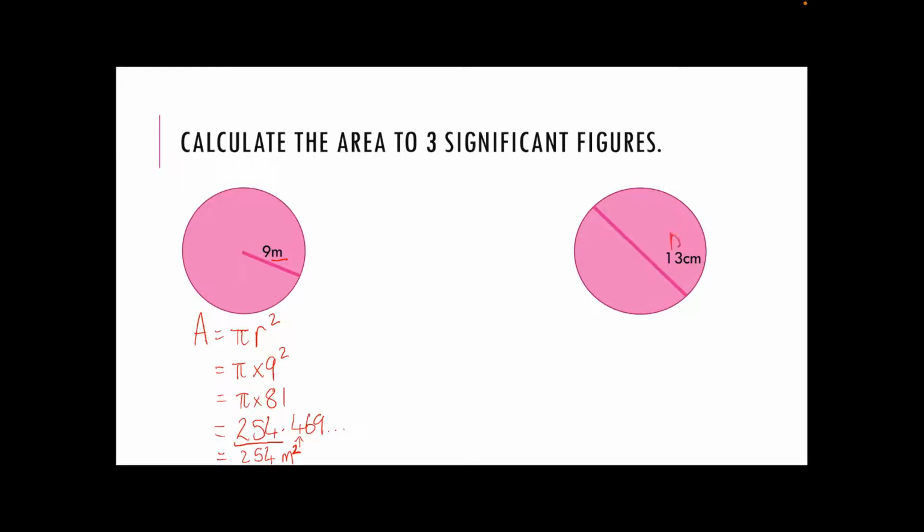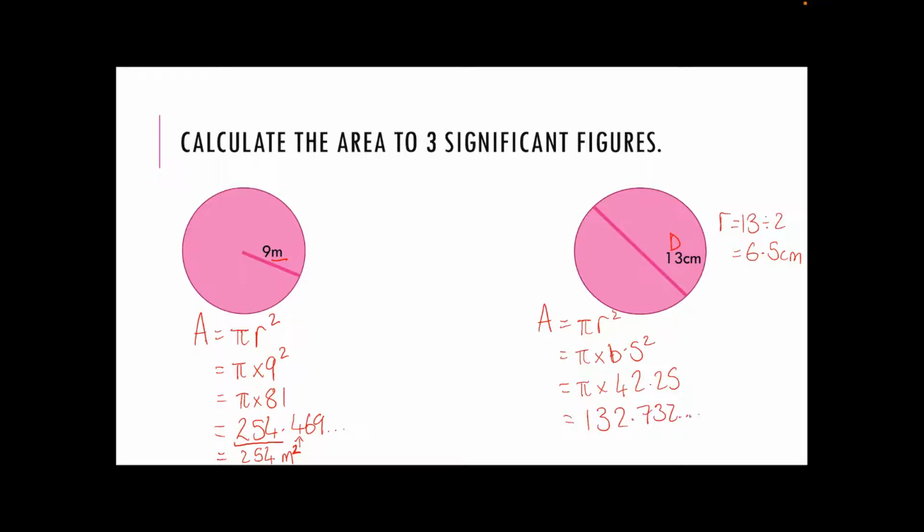For this example, we have been given the diameter is 13, so our radius is half of 13, which is going to be 6.5 centimetres. So we've got area is equal to pi r squared. So we're doing pi times our 6.5 squared. So 6.5 squared then is going to give us 42.25. And after that we multiply that by pi, and that is going to give us